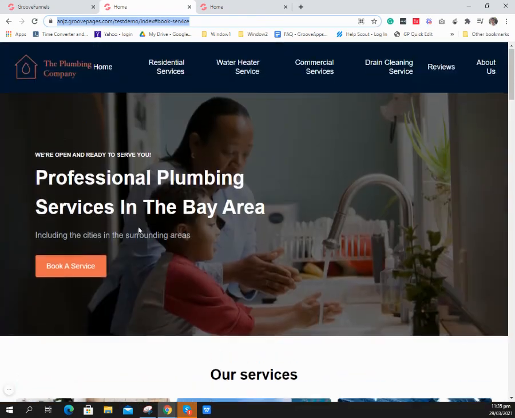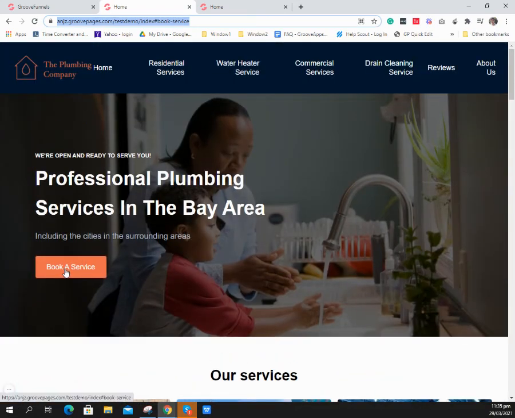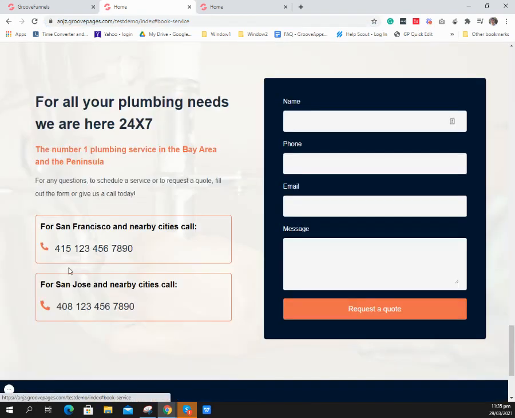If we hover on this button here, you will see that there is a link that will proceed to that specific area. So that's how you can link your button to a block on the same site